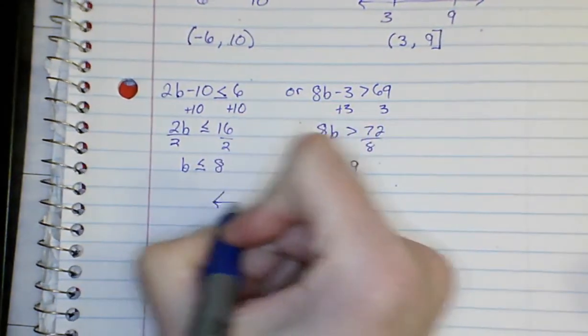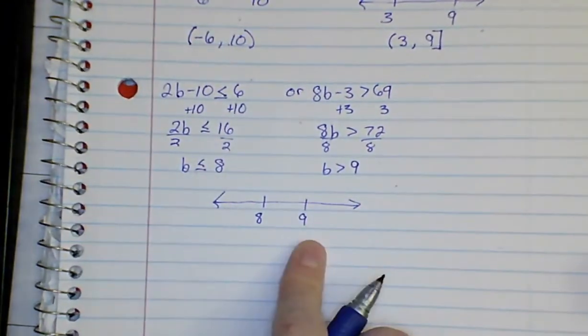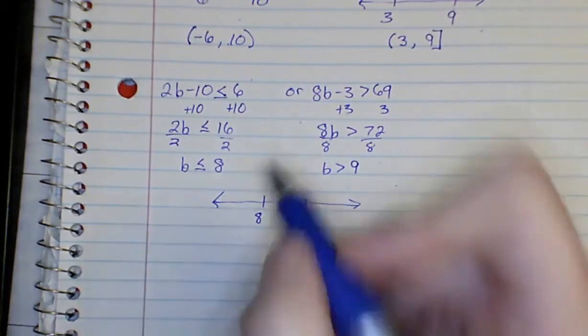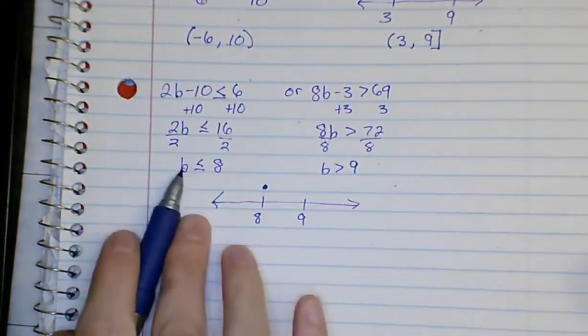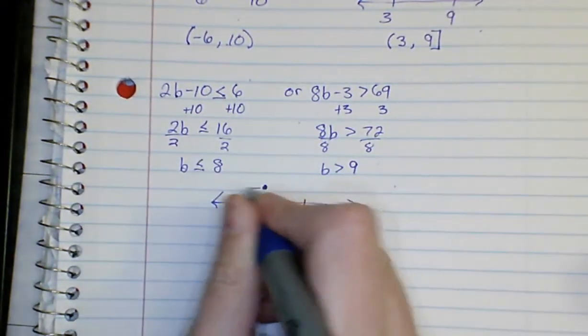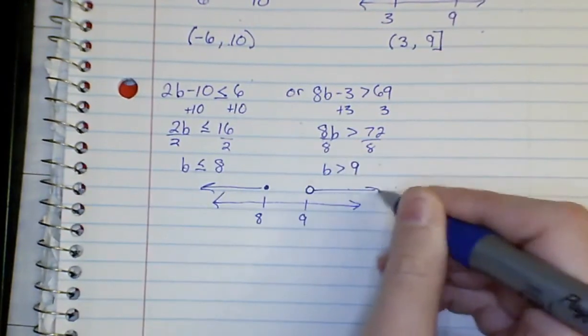So when we graph it, we have 8 and 9. Make sure those are in order, otherwise you're not going to get the correct answer. The 8 has a closed circle because we can replace b with 8, and it still holds true. And we want everything less than, and then with the 9 we are open circle and we want everything